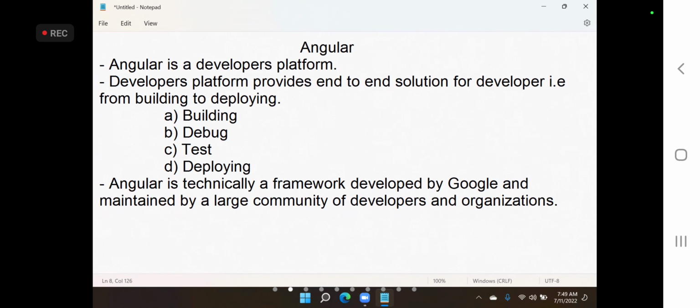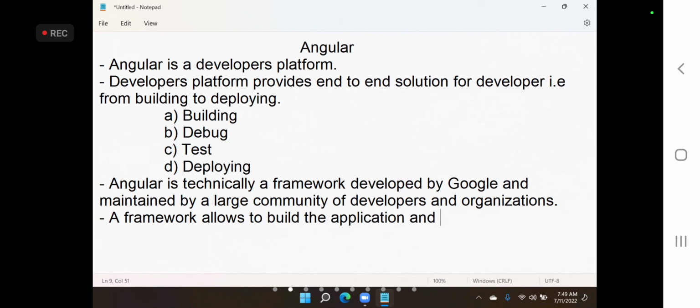What is a framework? What is the concept of a framework? A framework allows you to build the application and control the application flow.